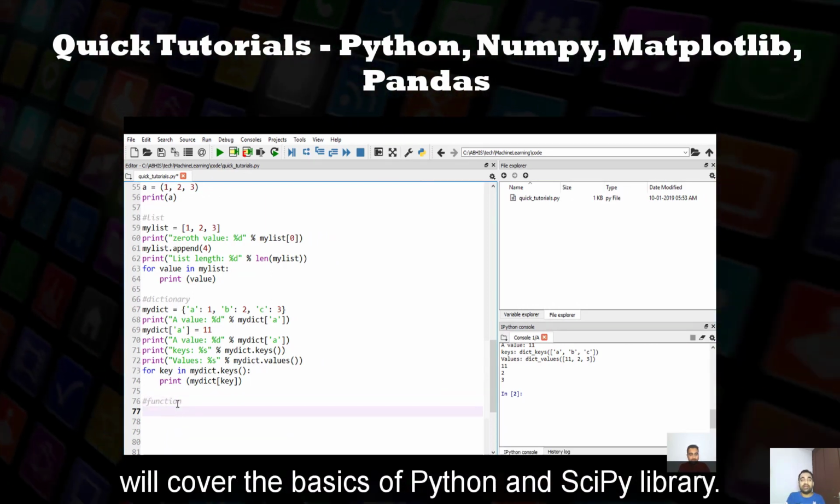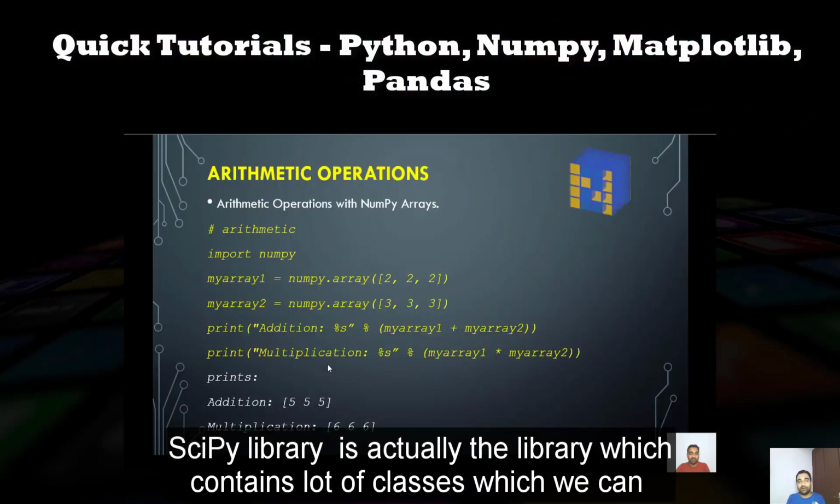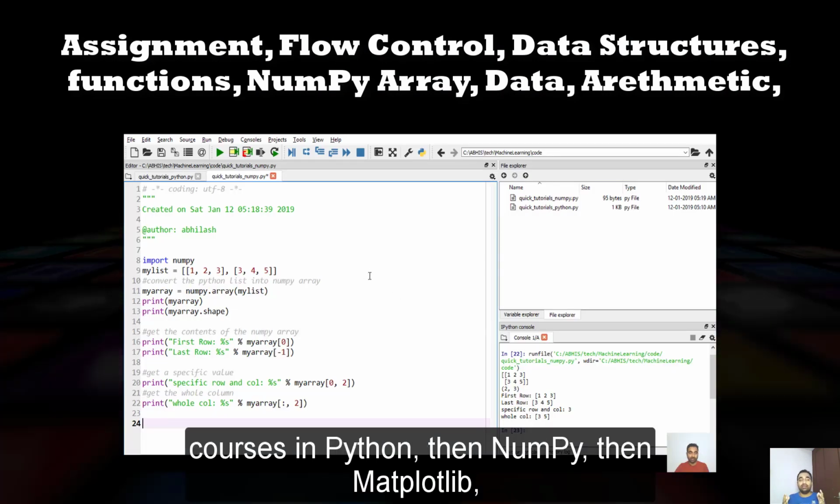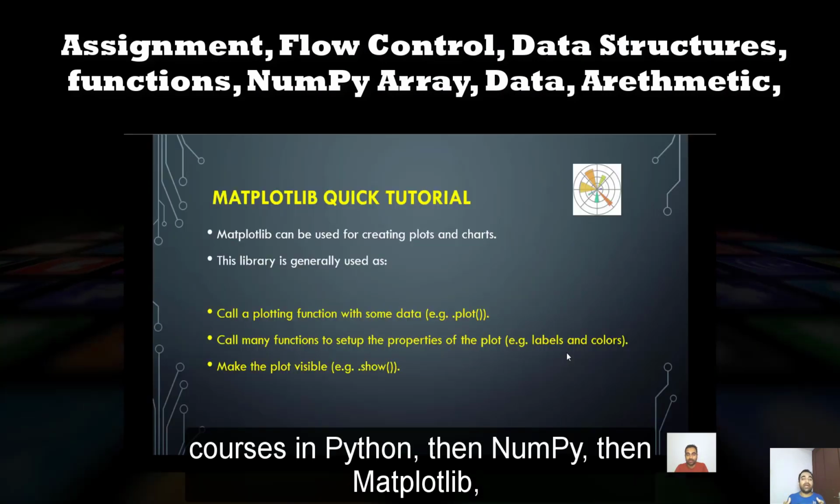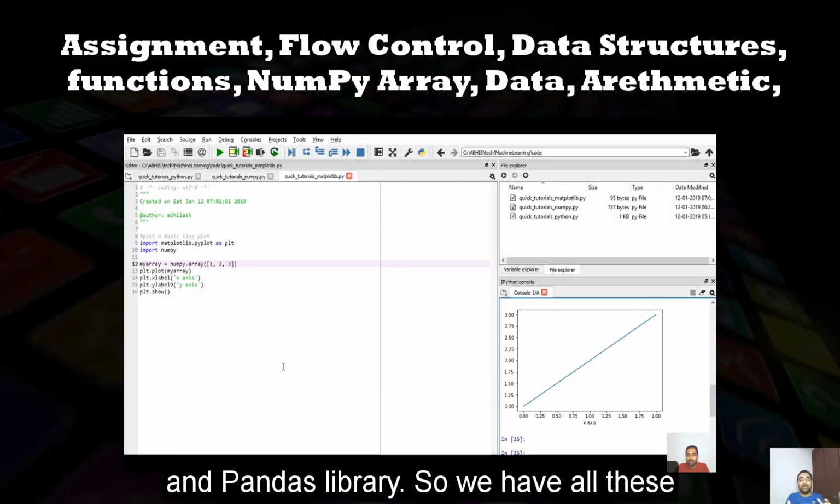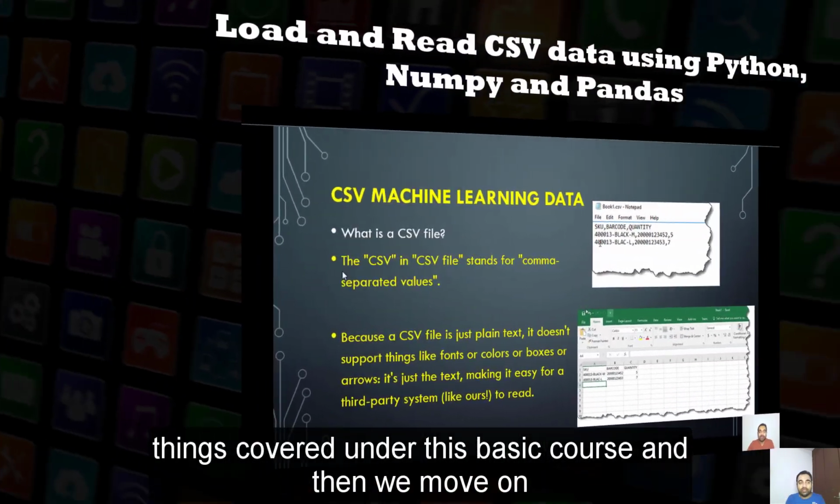SciPy library is actually the library which contains a lot of classes which we can use for data science projects. And we will have crash courses in Python, then NumPy, then Matplotlib, and Pandas library. So we have all these things covered under this basic course, and then we move on to